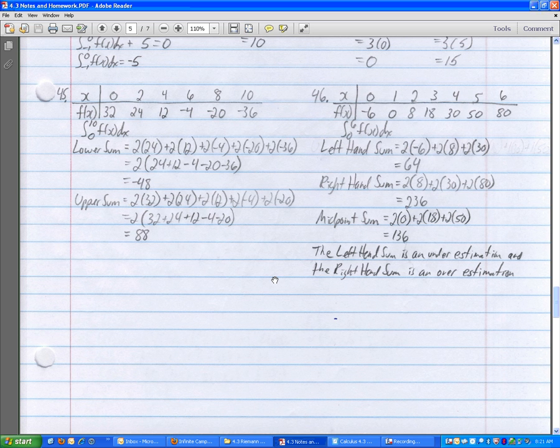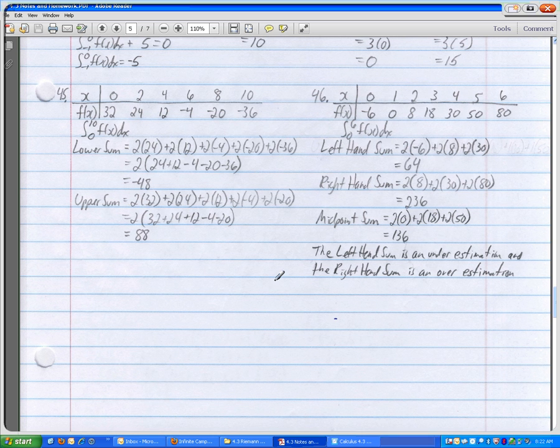45. The directions for 45 say to use the table of values to find the lower and upper estimates of the integral. All right, so here's the table of values. And we're supposed to find the upper and lower estimates of this integral. So we start at 0 and we end at 10, which is what they have in the table for us. Okay? Now, if we're going to do the lower,